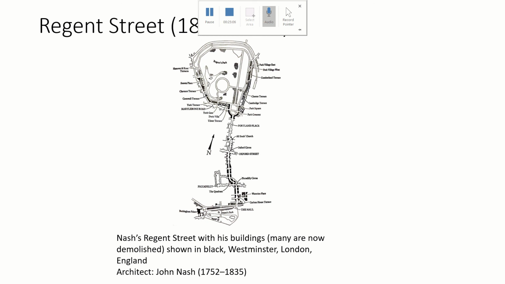Nash initially presented the plans in 1810 to the Department of Woods and Forests, which involved implementing a coherent, picturesque effect through terraces and crescents, as well as a double circus in the center. But at the same time, he wanted to make sure to acknowledge pre-existing buildings and make them visible. Nash took the widest street at the time, Portland Place, as inspiration for his idea